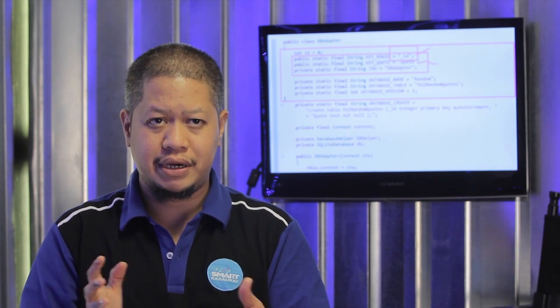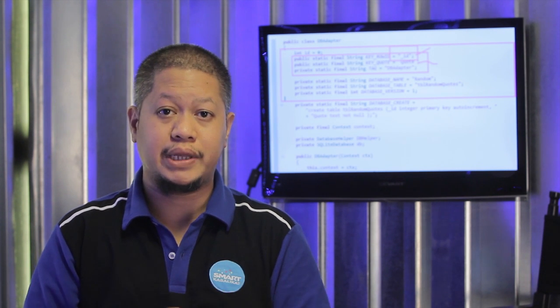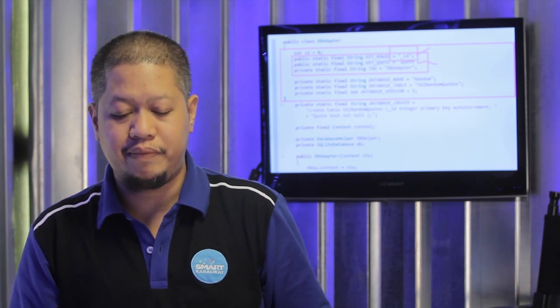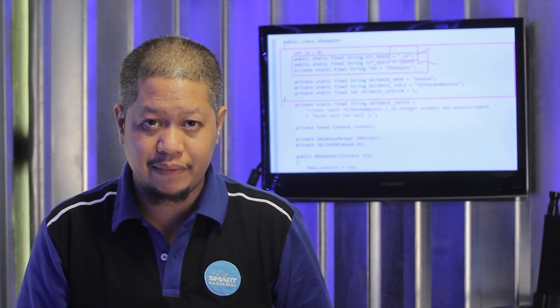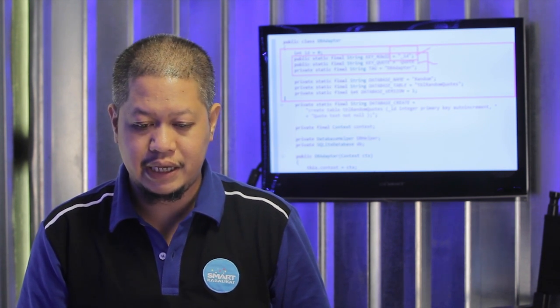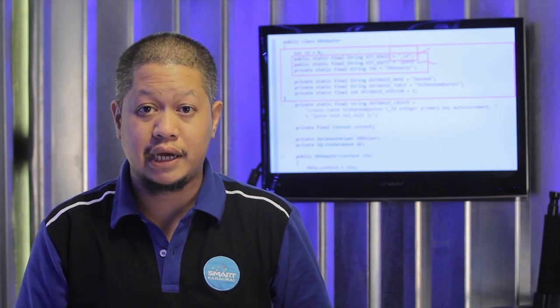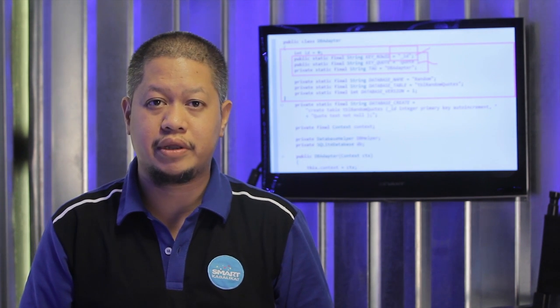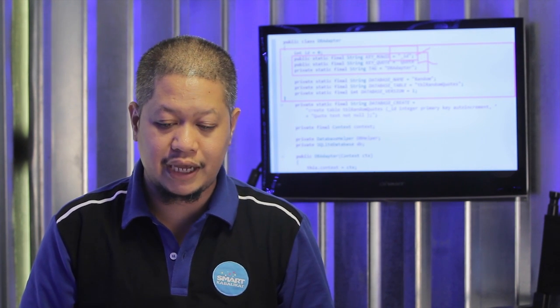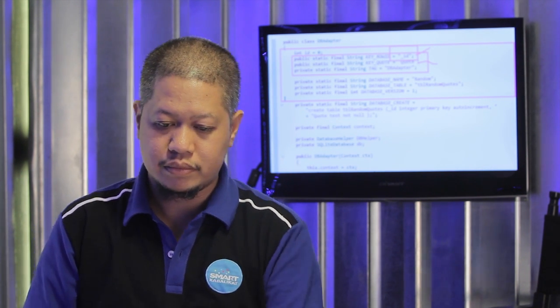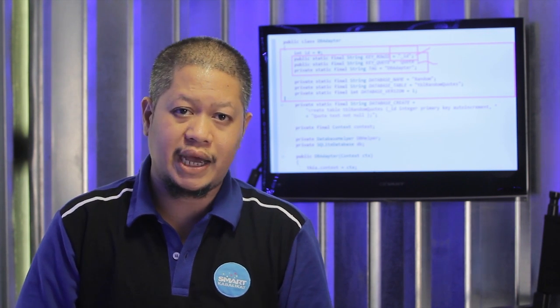So what we're doing here right now is defining the table that we'll use in our database. It's a table with two columns. The first one is the primary key column, named ID. And the second one is the quote column, which will eventually contain the phrases or words that our user will save in the application. We do it this way so that in the rest of our program, we can consistently name those columns.